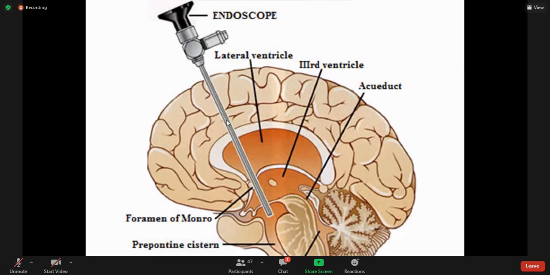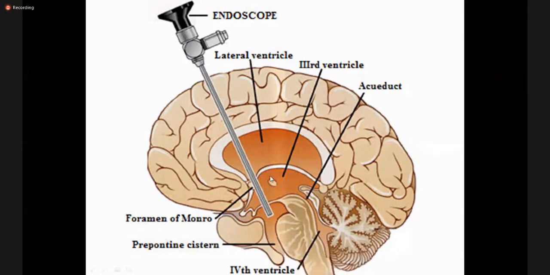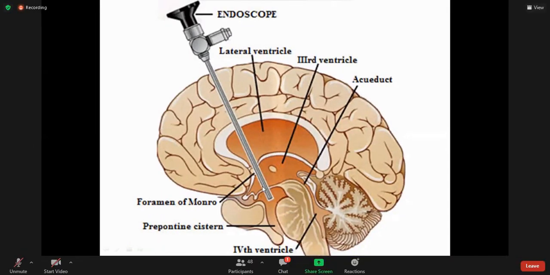We go from the cortex, enter into the lateral ventricle, then from foramen of Monro, we enter into third ventricle, and we make a hole in the floor of the third ventricle and open the third ventricle into the subarachnoid space. But if the hydrocephalus is communicating variety, communicating variety में क्या होता है कि